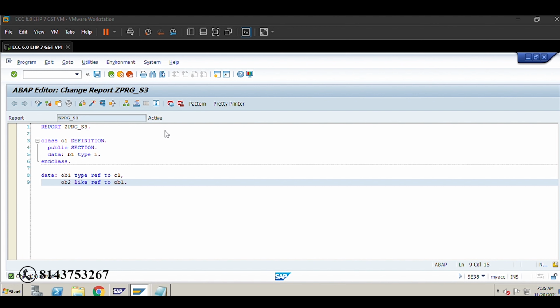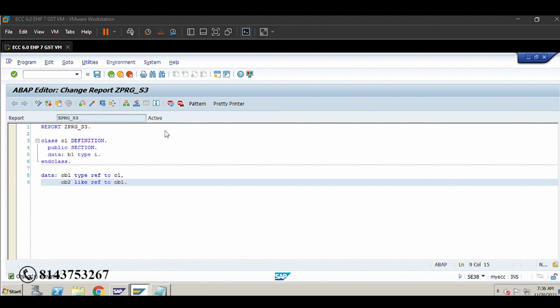If you have multiple pages in our program or some output format and you want to know the current page, we will use SY-PAGNO. Where we are calling multiple programs in one program and you want to know the current program, we will use SY-CPROG. Similar to every language, in ABAP also loops are there.